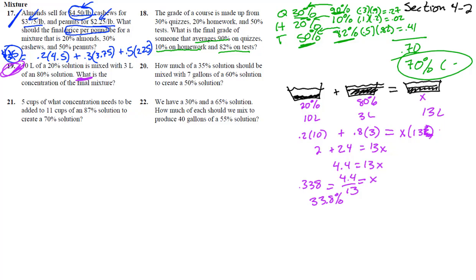Let's look at number 21. No, number 20. Let's do number 20. Sorry about that. So number 20. How much of a 35% solution should be mixed with 7 gallons of a 60% solution to create a 50% solution? All right, using this exact same bucket scenario, we're going to have 0.35 of a 7 gallons, and